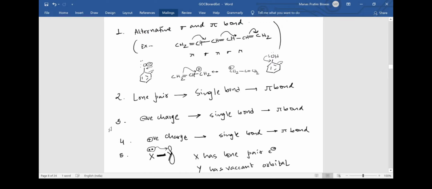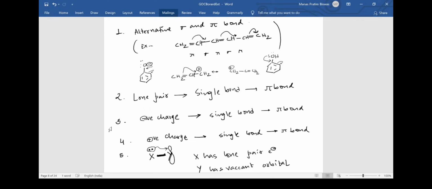I want you to pause the video here and go through these points and remember them as I have told you, because this is very important in order to solve questions and to identify in which places resonance will take place. And I might mention here that resonance is a very important thing in GOC and in organic chemistry overall, because this single effect, resonance, will control most of the reactions. So you need to understand very deeply how resonance is taking place and then move to the next chapters.